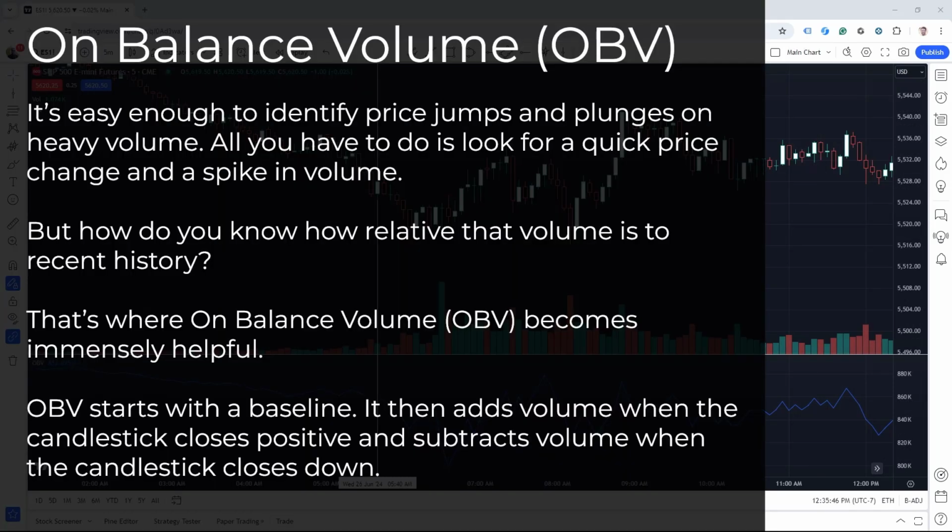Number 3 is on-balance volume. It's easy enough to identify price jumps and plunges on heavy volume. All you have to do is look for a quick price change and a spike in volume. But how do you know how relative that volume is to recent price history? That's where on-balance volume becomes immensely helpful. OBV starts with the baseline, then it adds volume when the candlestick closes positive, and subtracts volume when the candlestick